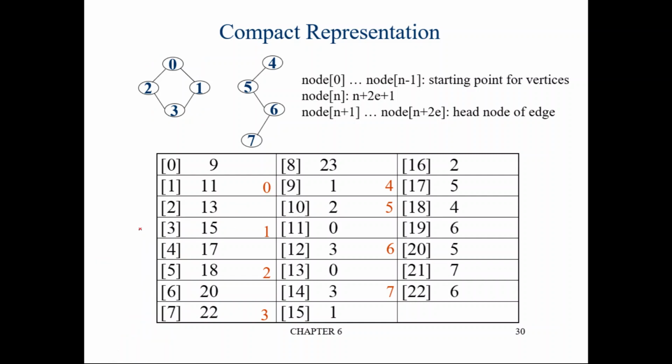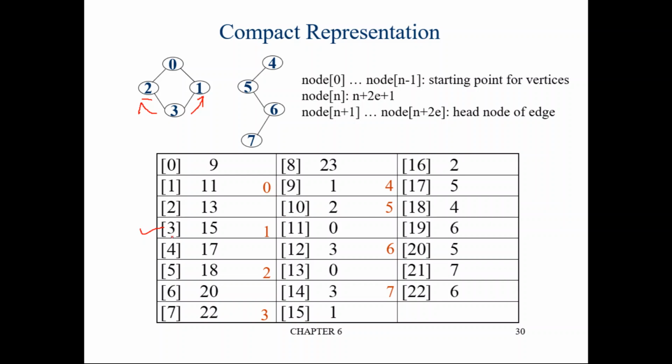Vertex 3. It contains how many edges? Two edges. What are they? One edge to vertex 1 and one edge to vertex 2. So that we will enter here 1 and 2. So that is in the 15th location we will say that there is an edge to 1. Okay, from 3. Because 3 is connected with 1, right? And also it has an edge to vertex 2.